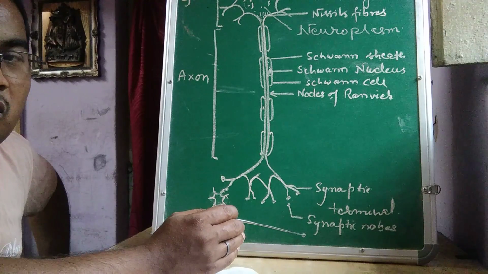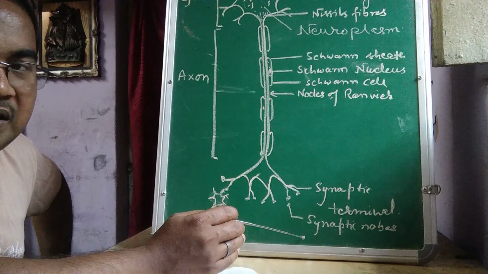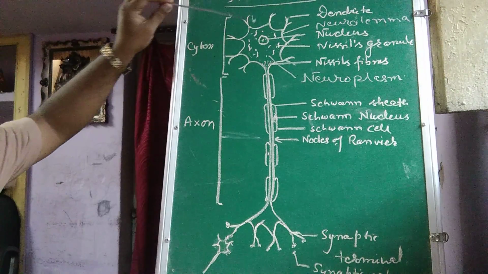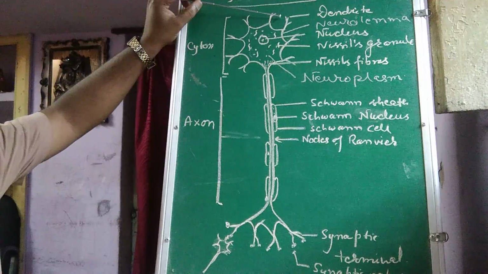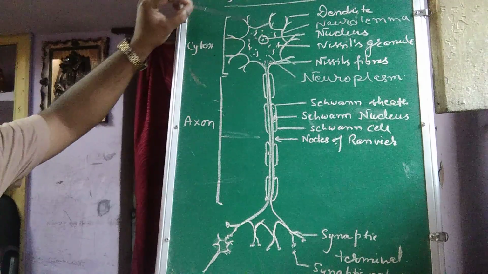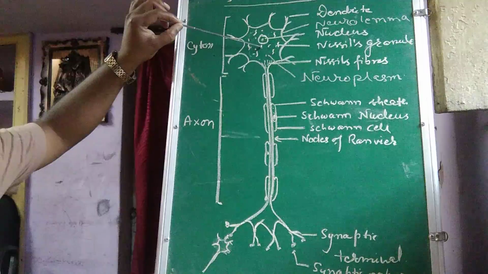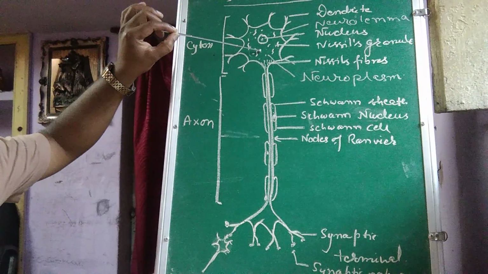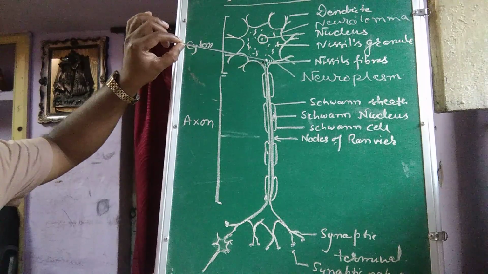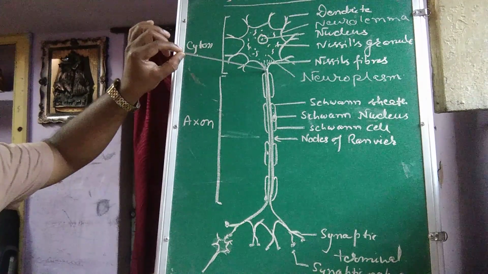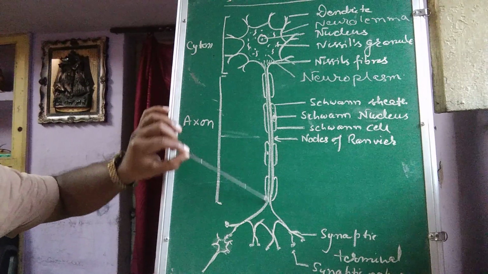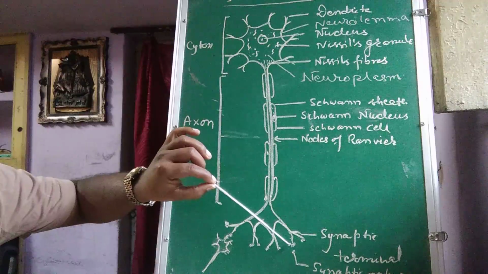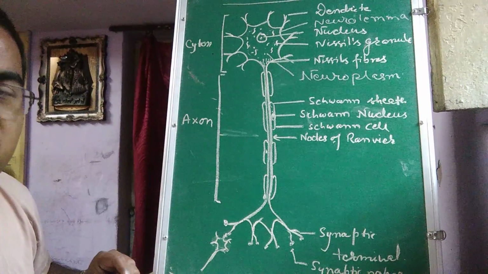The path of transportation of impulses is always from dendrite. Always the messages or impulses pass through. First of all, they come in a neuron through the dendrite, then in the nuclear part of the cyton. From dendrite, it passes to cyton. From cyton, it passes to Nissl fibrils, and then from Nissl fibrils, it passes through the axon, and axon will terminate into synaptic terminal, and then from the synaptic terminal, it jumps to the next neuron.